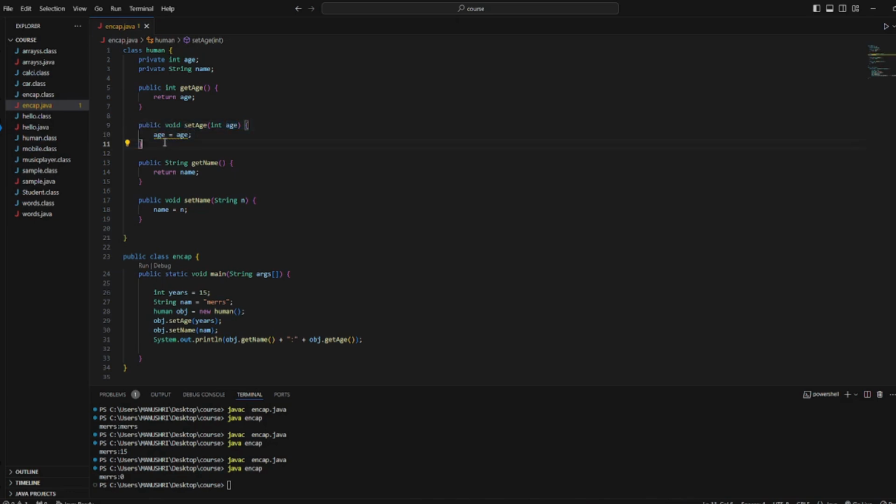Am I right? Yes. So what this set age will be having is, since we are passing the parameters here as 15, the A which we are passing here, the set age method will have A variable and it will be having 15. That is, now we call it as age.